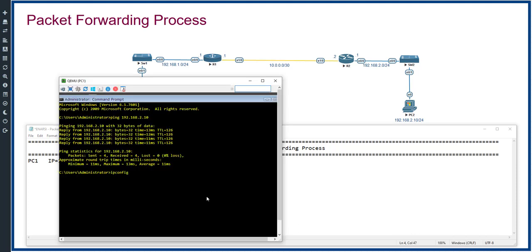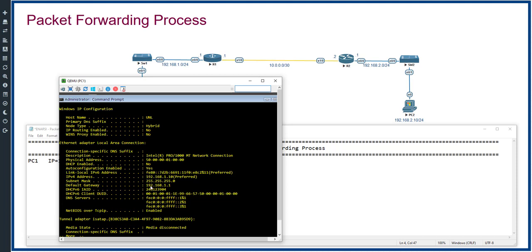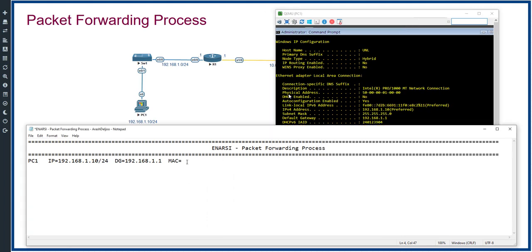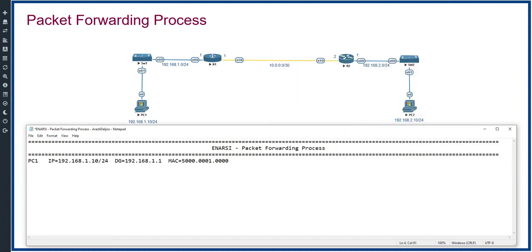You can use ipconfig /all for finding the MAC address of, for example, the PC1 network interface card. As you can see, we have multiple network interface cards, but here we have one Ethernet adapter, Local Area Connection, and the IP address was assigned to this interface. Because of that, this is the MAC address of this interface. Let me write it here. The MAC address is, in dotted triplet notation, for example, 5000.0001.0000. This is the information that now we have about